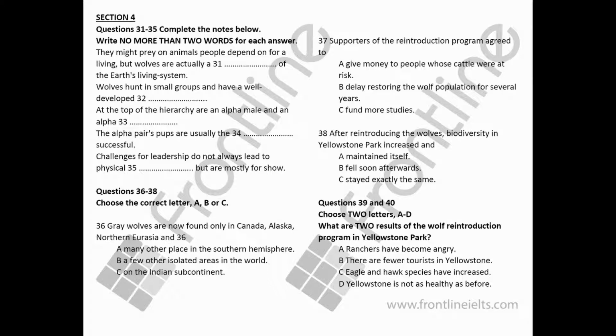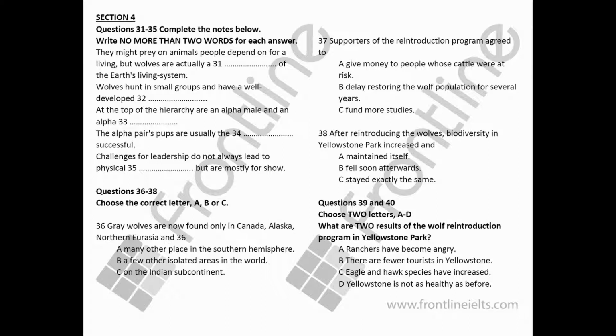The range of the grey wolf and its subspecies used to be quite extensive, almost the entire continents of Asia and North America, and the whole of Europe as well. They are now found mostly in Canada, Alaska, the northern reaches of Eurasia, and a few other scattered pockets. In some parts of the world, grey wolves have actually been reintroduced into the wild. Many people were opposed to these programs at first because they thought it would cause economic hardship for livestock owners.